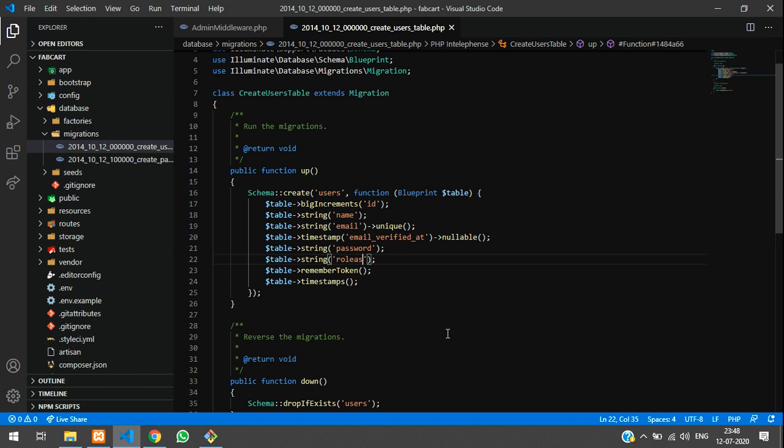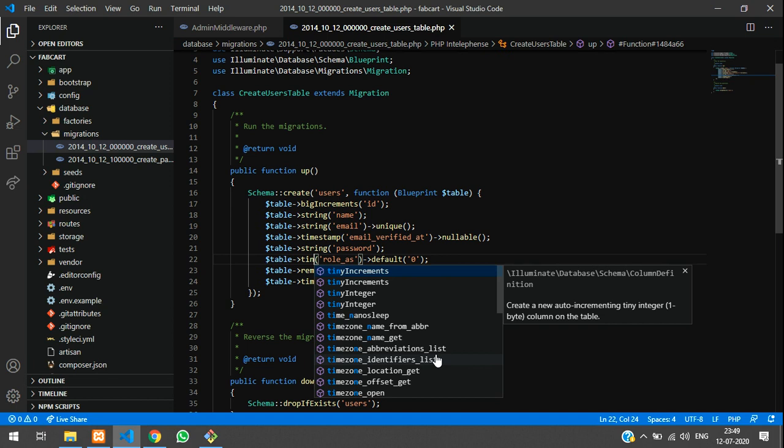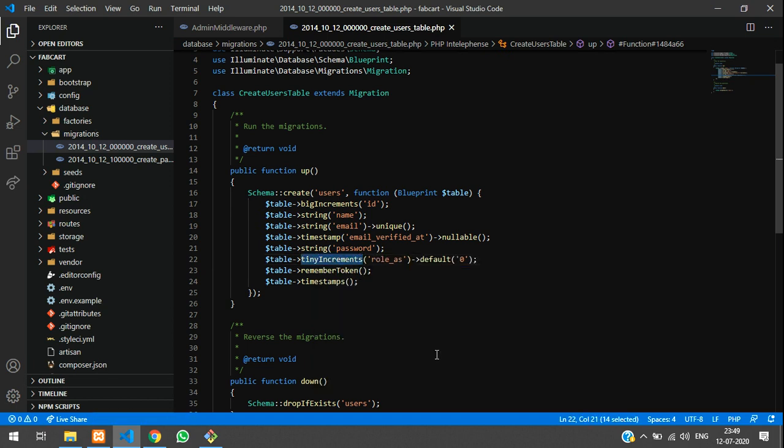Before giving this, we are going to set this as default. Give this default as 0, so it will always be 0, and we will make it tinyInteger, not increment.